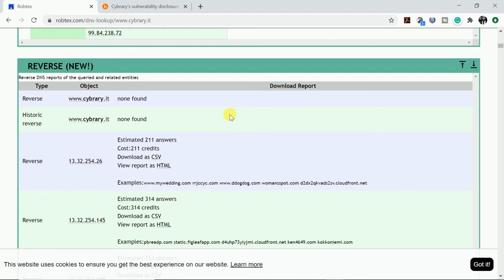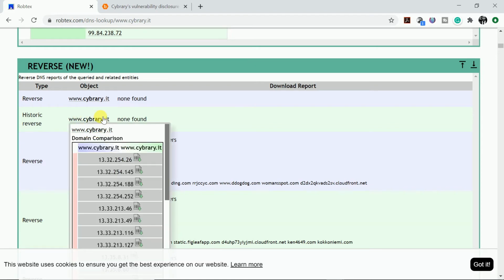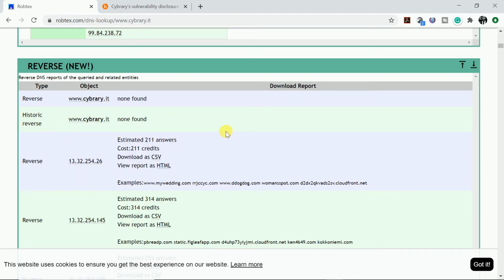So what we will do is try to find other websites that are hosted on the same server, and there is a high probability that one of those other websites has some vulnerability, and we can get into that website, and so get into that server. If we have control over that server, we can come back and have control over Cybrary.it. So that's why the reverse IP works.